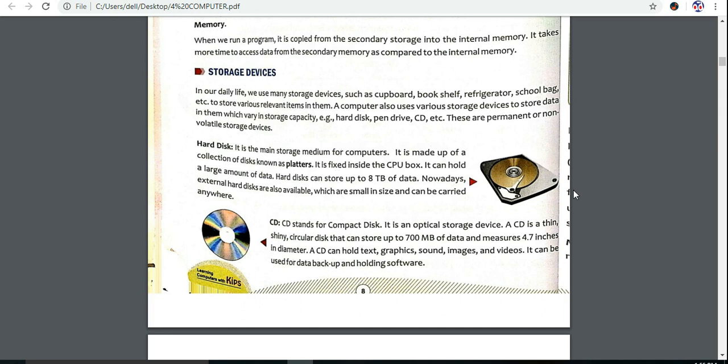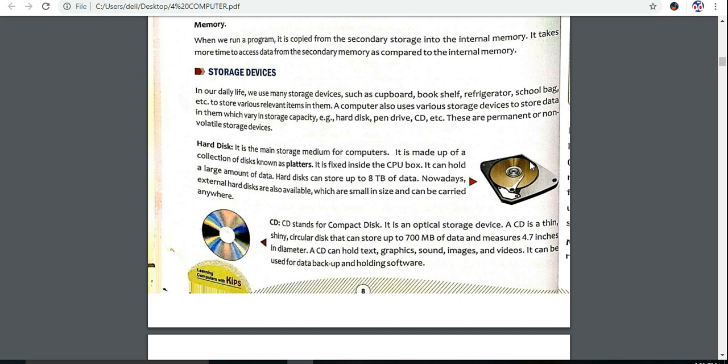So you can see this is the diagram of our hard disk. A hard disk is basically a storage device used to store a large amount of data. It is made up of multiple disks, like CD or DVD kind of disks.